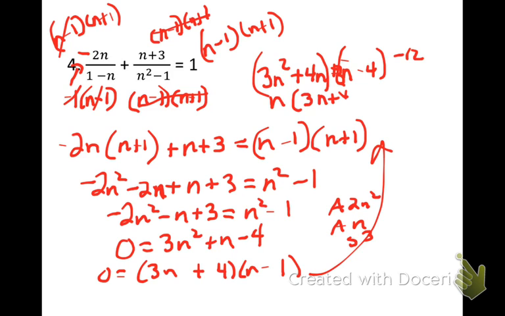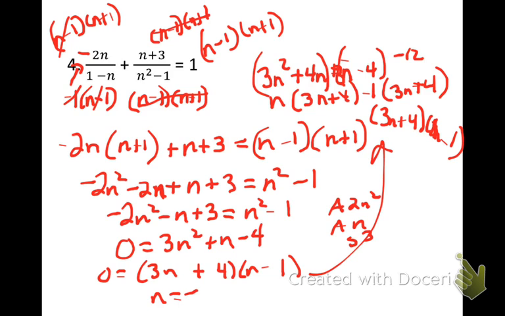3n plus 4. Here I'm going to factor out a -1, leaving me with 3n plus 4. Getting a little sloppy here. So now I have a 3n plus 4 in common, leaving me 3n, just n minus 1. Can't read all that, but same thing I have down here. So when I set it equal to 0 and factor, from this first one I'm going to get -4/3, and from the second one I'm going to get 1. If I do put those in, notice that right here, 1 minus 1 is 0, so I need to throw that one out, and this is my only answer in this case. So remember, that can happen, so you need to check every time to see if